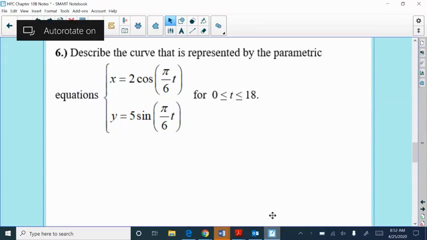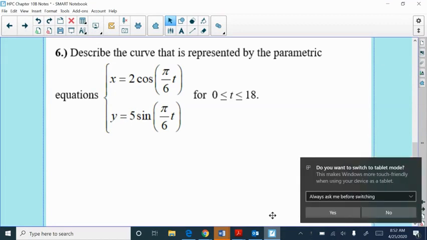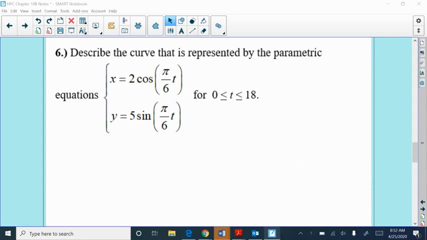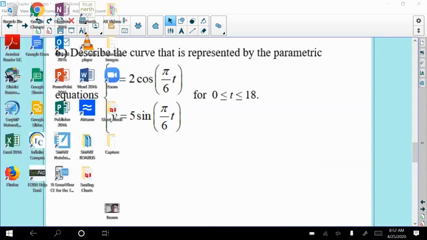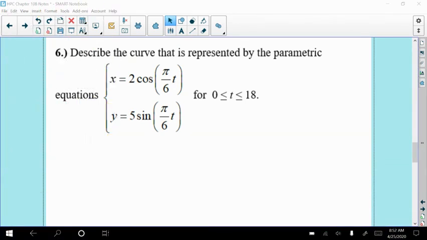So let's look at some more functions that are defined initially as parametric equations, and then see... I want to look at this number 6. I know I'm jumping around a bit, but I want to look at this example, and it says describe the curve represented by the parametric equations: x defined as cosine and y defined as sine. And so sometimes an easy way to do that is to eliminate the parameter